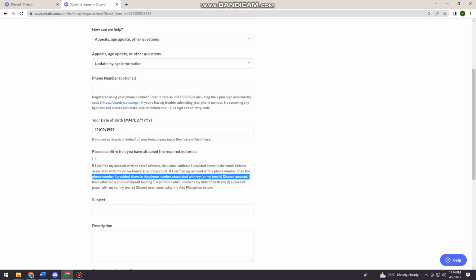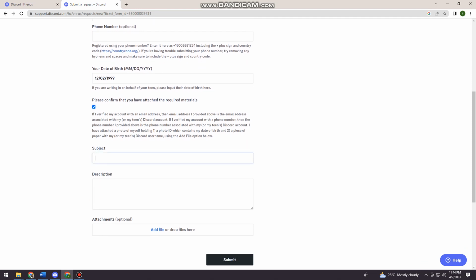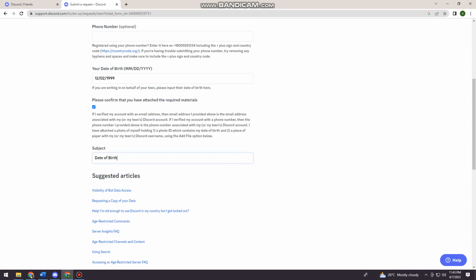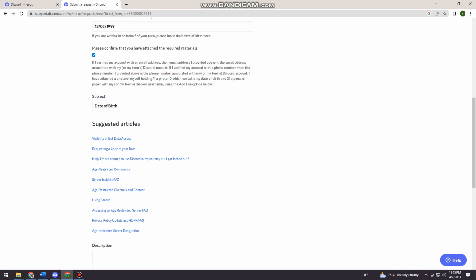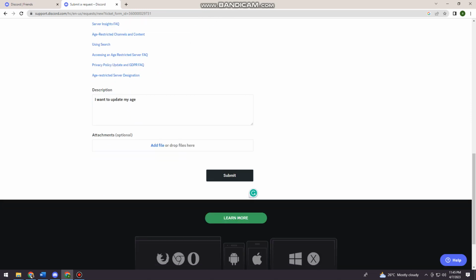For example, that one. Now you want to check this, and for the subject, I'm just going to put date of birth. And for the description, I want to update my age. Also, you can attach a file here, for example, your birth date